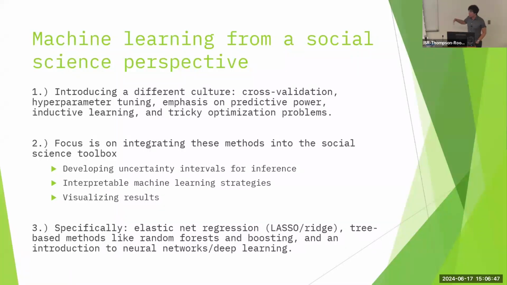So things like bootstrapping to build our own confidence interval, or to get a sense, I should say, of the robustness of the algorithm that we've built. We've spent a lot of time on interpretable machine learning, this really exciting subfield that for social scientists is